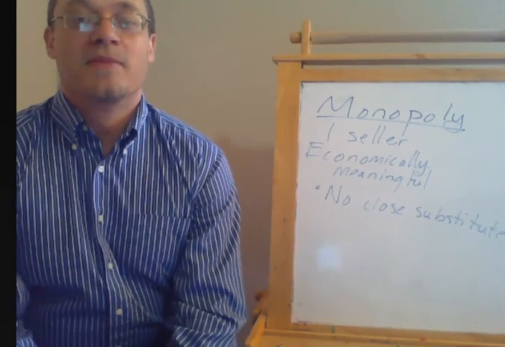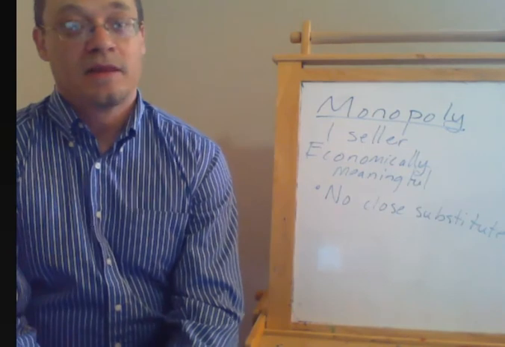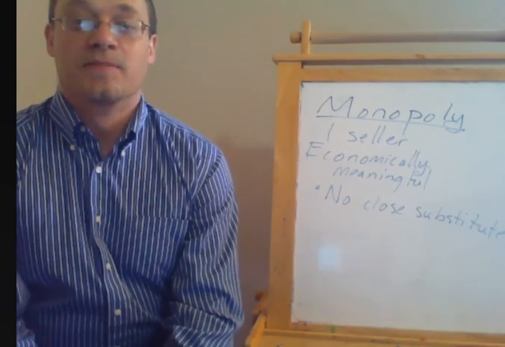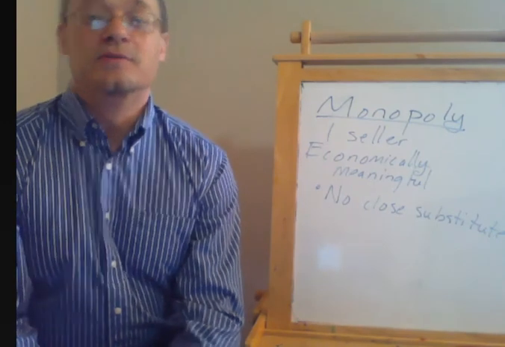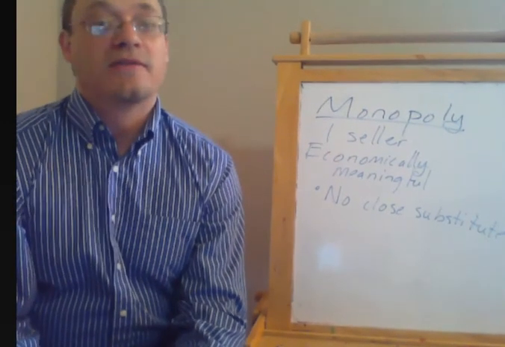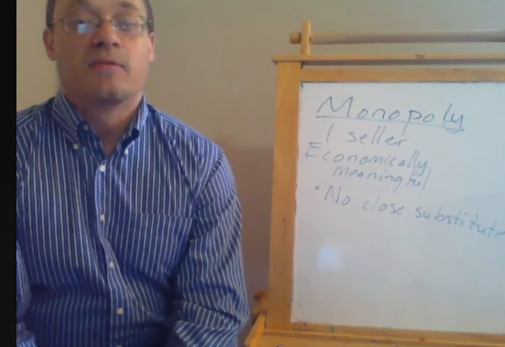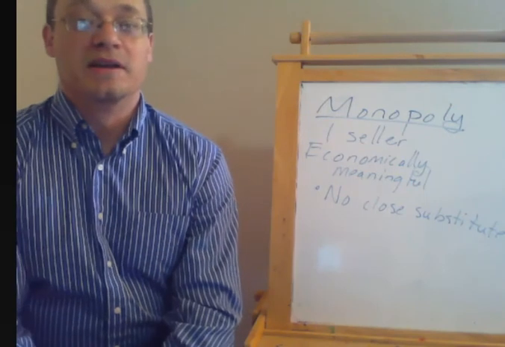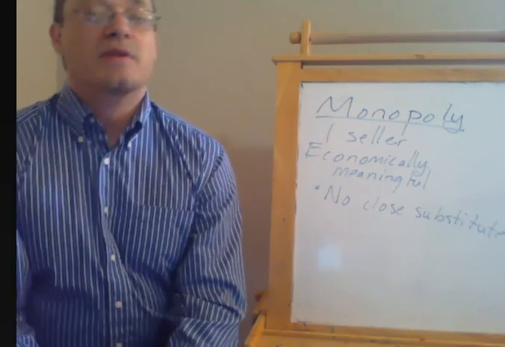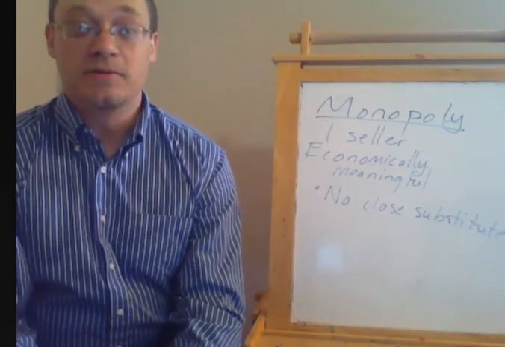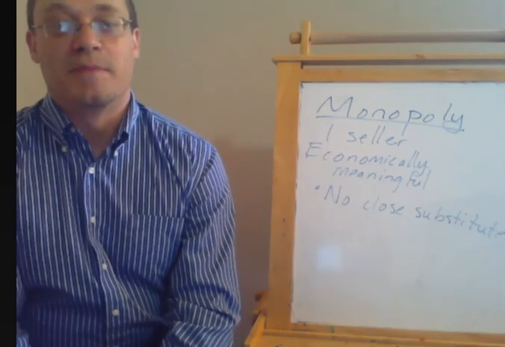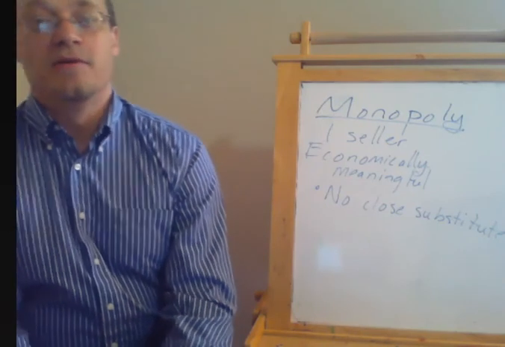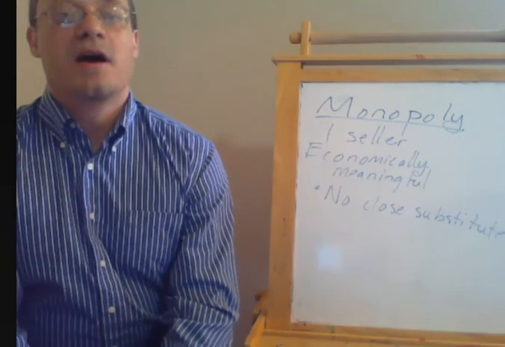But from the point of view of the labor market, there are lots of substitutes. So, female pop vocalist 18 to 22 who can use auto-tune, there are a lot of close substitutes for that. Likewise, you graduate with a degree in accounting, and maybe no one does it with the unique flourish that you do, but there are close substitutes out there. So you don't have a monopoly in the labor market, even though you are the only seller of your particular